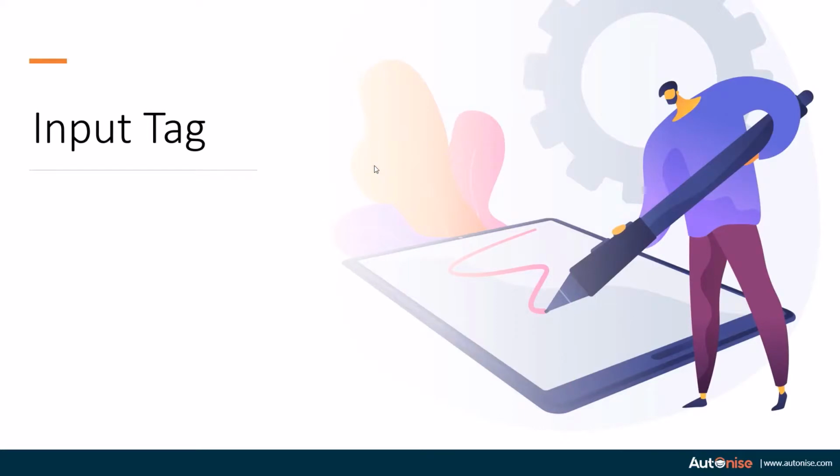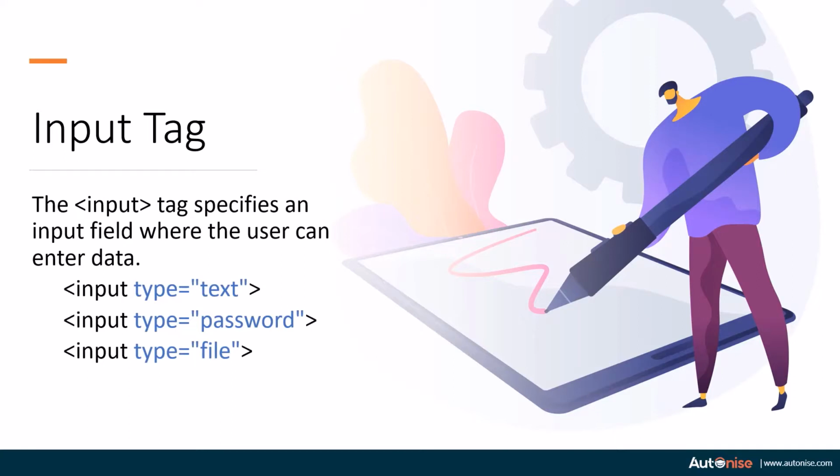So now that the table tag has been done, let's have a look at the input tag. As the name suggests, the input tag specifies an input field where the user can enter data. Now, there are various kinds of data which you might need from a user. It can be text, it can be password, or you might want the user to upload a file or an image. So, there are different kinds of input to do that. As you can see, we begin with the input element. Then we have a type attribute inside which if we